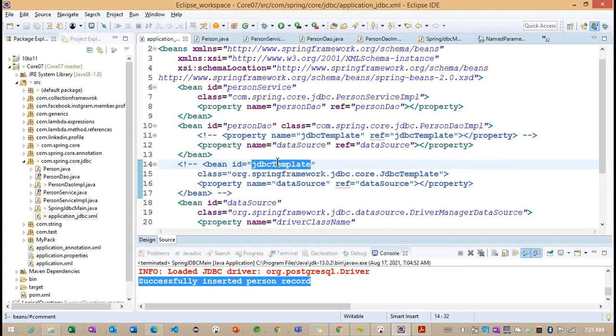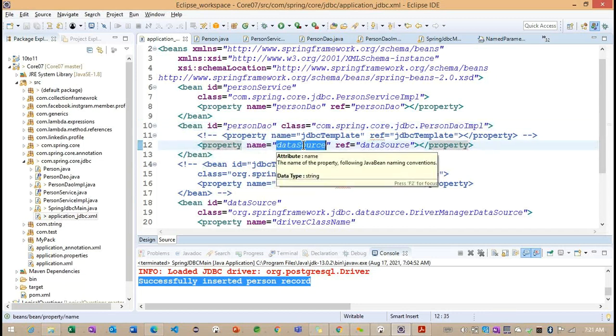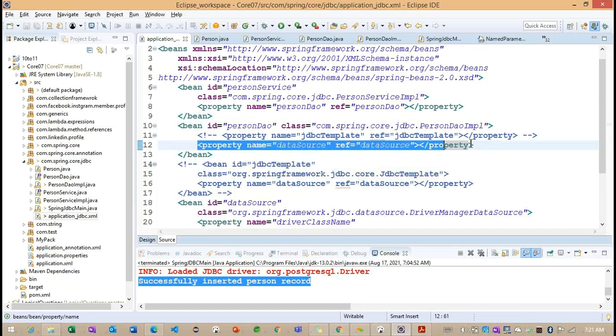So whenever we are trying to work on the named parameter JDBC template here, the named parameter JDBC template object is created internally, and whenever we are trying to create a person DAO object here, we are trying to have the data source object here. So we have the setter method, set data source. The set data source we are going to call with the help of this particular property. Getting the point? This section of code, the setter and the constructor, we discussed in our core module.